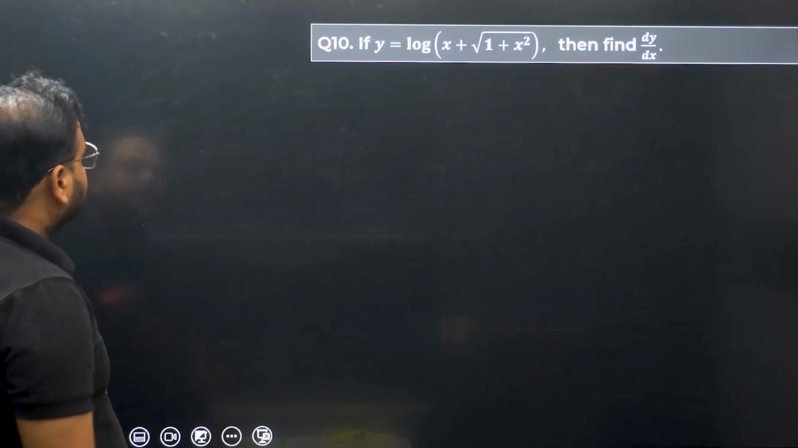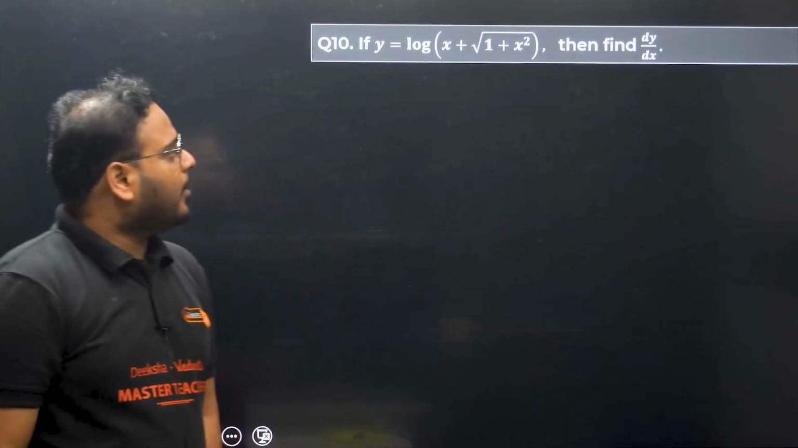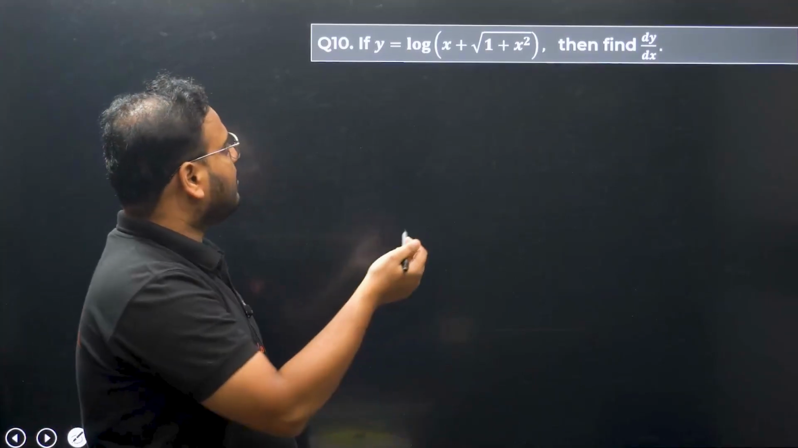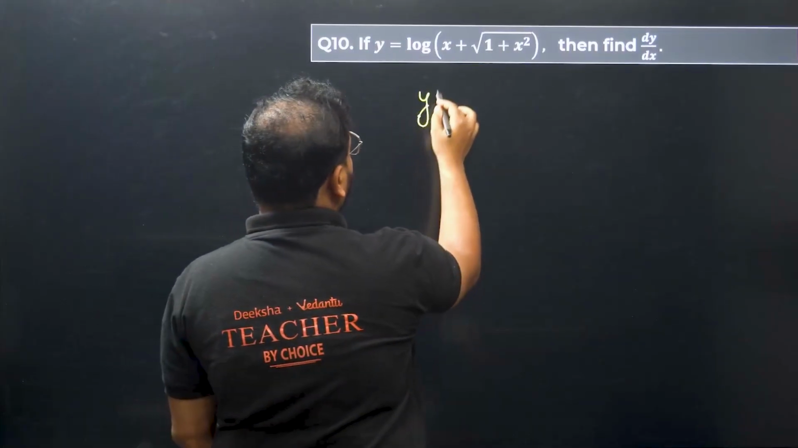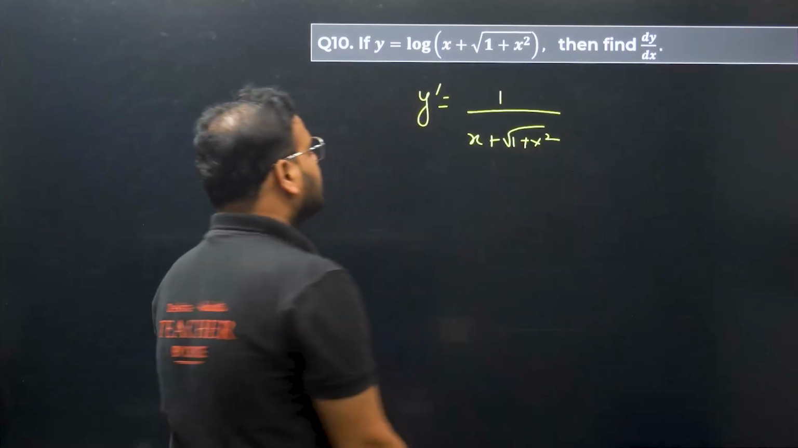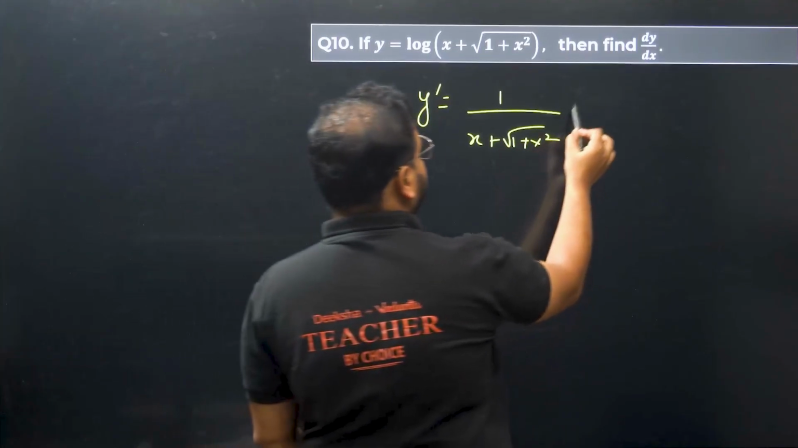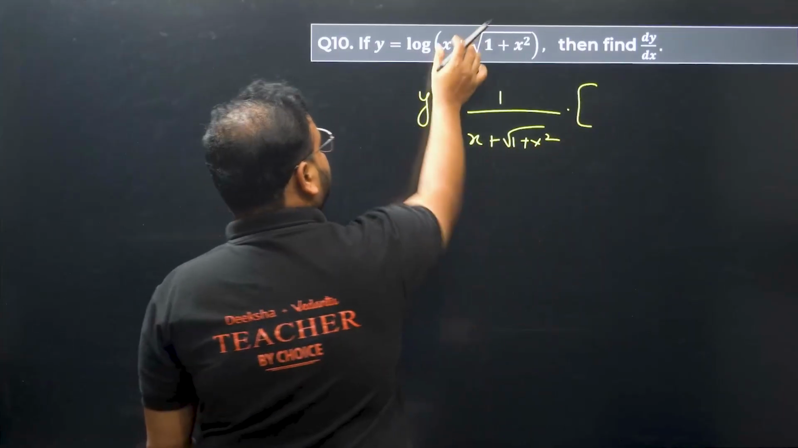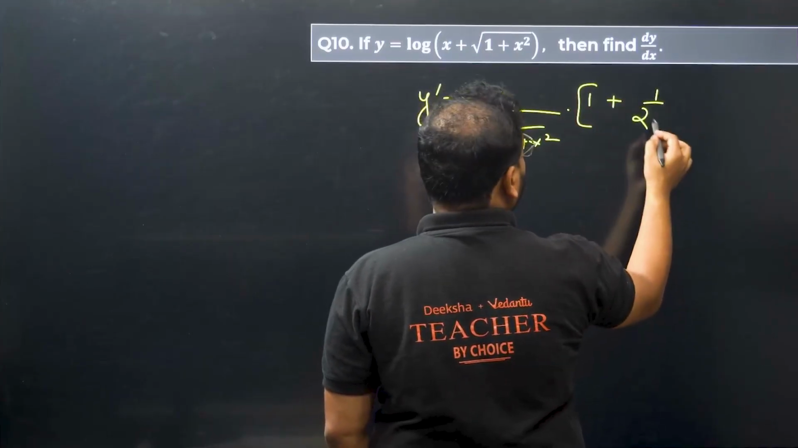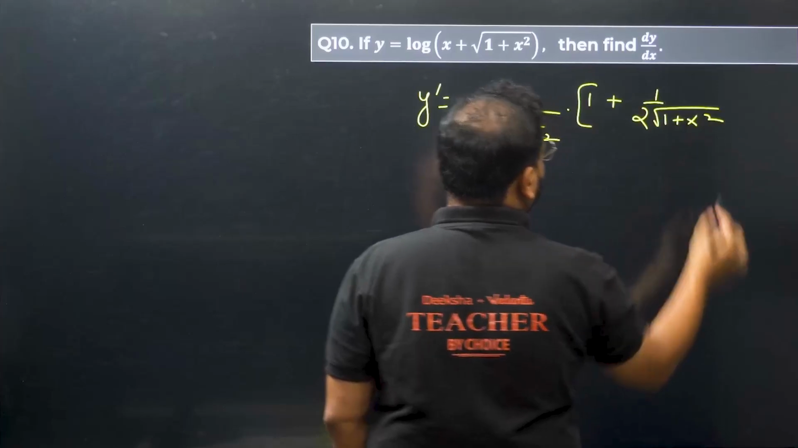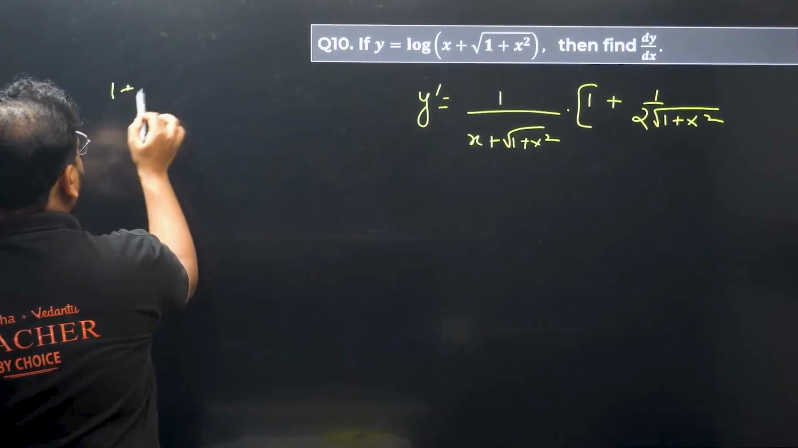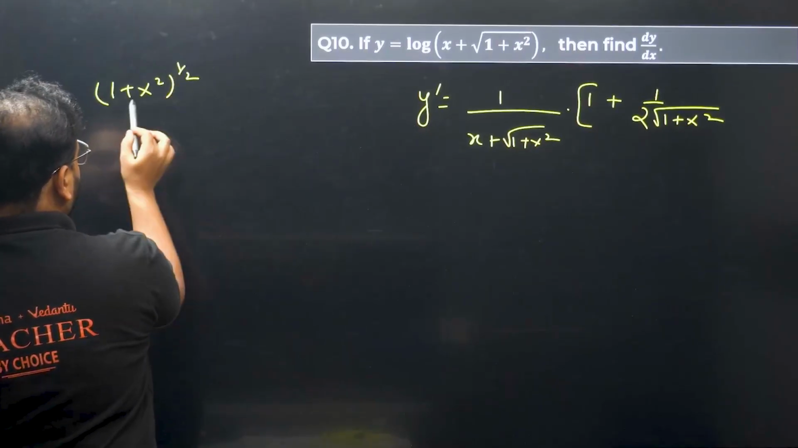Question number 10. y equal to log of x plus root of 1 plus x square. We have to find the derivative. Again, same thing, we have to use the chain rule only. Let's do it here. y dash will be what? 1 upon x plus root of 1 plus x square. This is clear. Next will be what? You have to use chain rule. To differentiate this, x gives 1 over here. And the derivative of root of 1 plus x square: since the power is 1 by 2, the derivative will become 1 by 2,